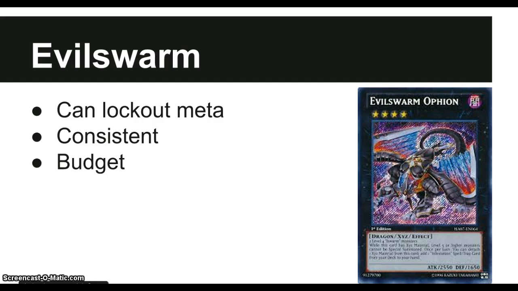It can lock out your opponent via Pendulum stunning for the Qliphort player and via stalling out the Shadow player. It's consistent at what it does, and it's fairly budget. So based on that alone, I got Evilswarm as one of my top 10 decks going into the format because of budget, purpose, consistency, and locking out 2 of the main meta decks. And plus it has the card that protects all Evilswarms from being hit by spell traps, which I think is pretty cool. Next up,